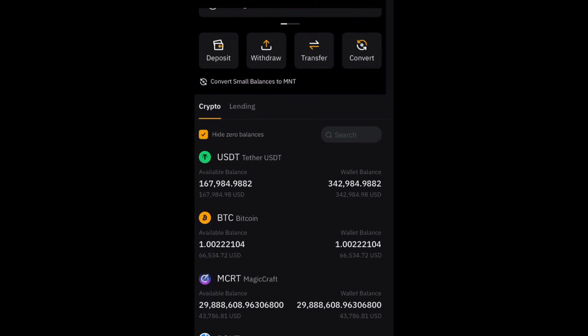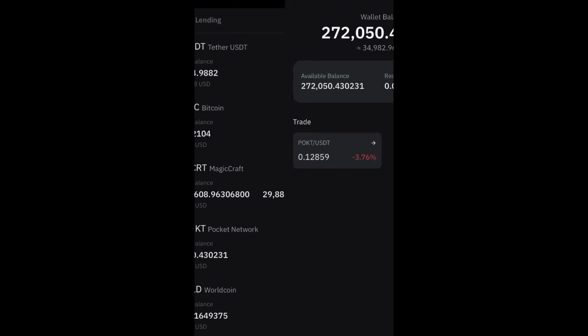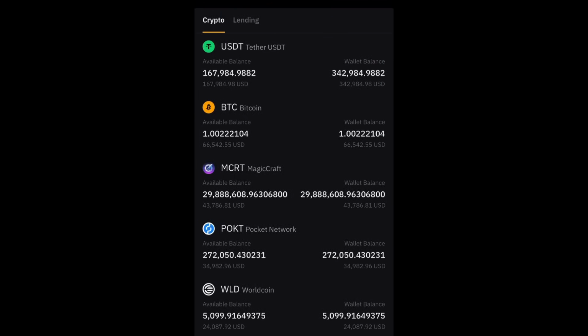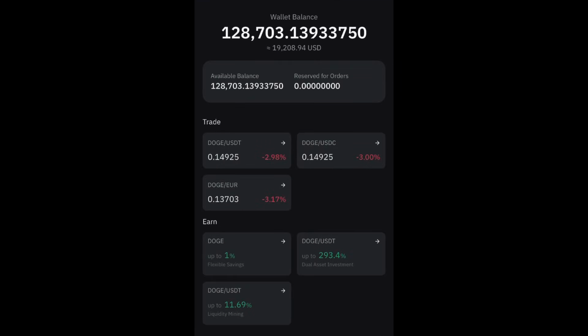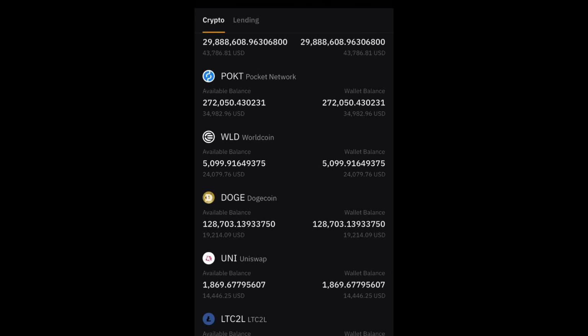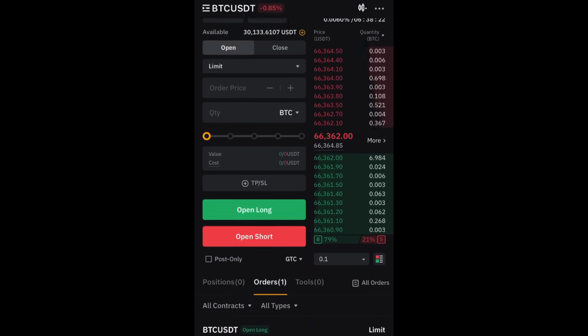One Bitcoin 66K, slightly down. MCRT 43K, down 2%. Pocket 34K, down 3%. World 24K, down 5%. WorldCoin taking a big hit. Dogecoin down 2.9%, 19K, and Uniswap 14K, slightly even. I've got no longs open currently, and I've got a long set up at 61,400, and I want